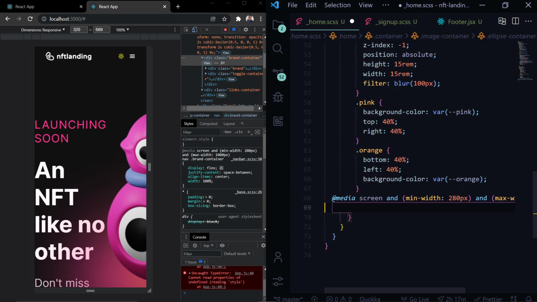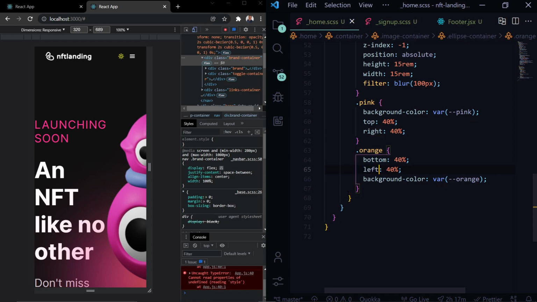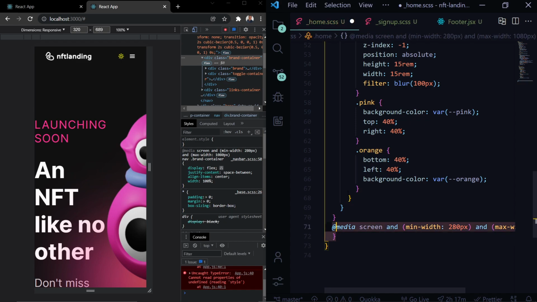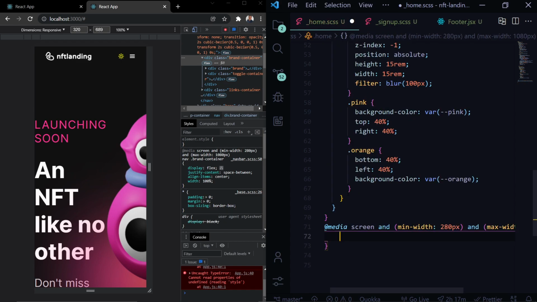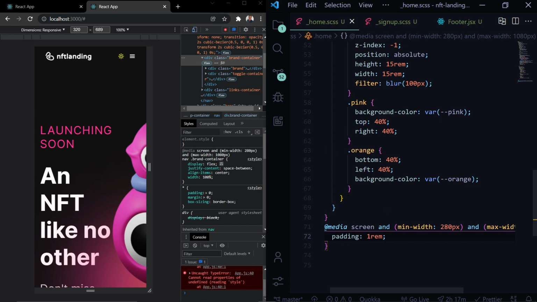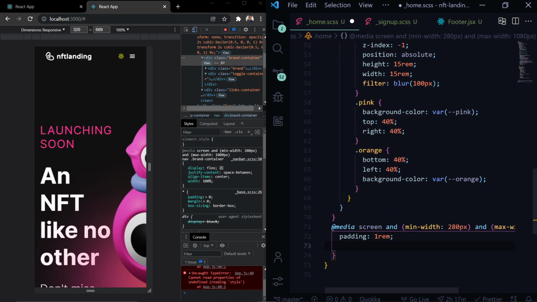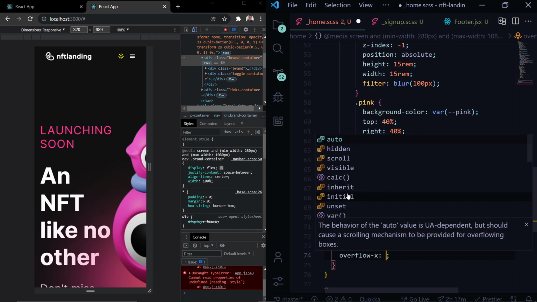After this, at the end, we'll paste the media query, and now here first what we'll do is we'll reduce the padding to 1 rem, then we'll give it a position of relative, we'll give it an overflow x of hidden, overflow hidden,